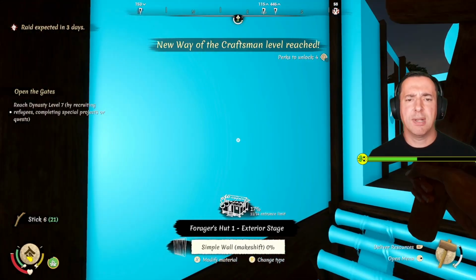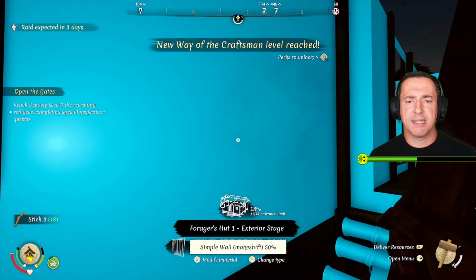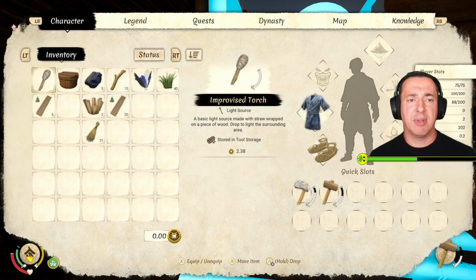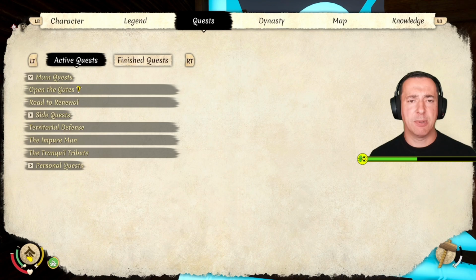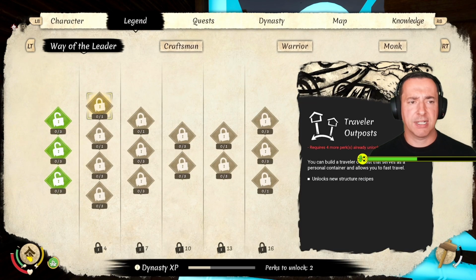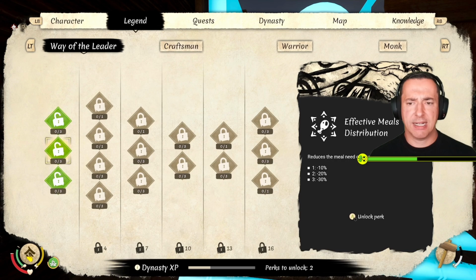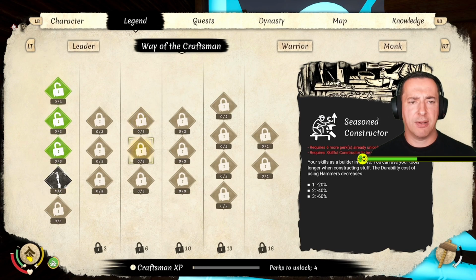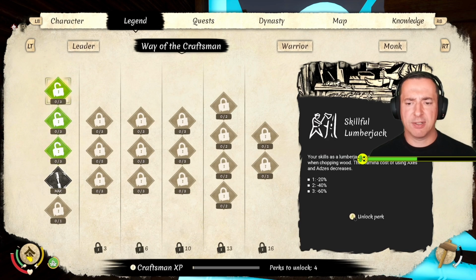You can see I've got new where the craftsman reached. I've got 4 perks I can unlock, which is going to help me with things. So if I hit the menu button here, or the screens button on the Xbox, and then have a little look at legend, these are different things I've got. So I can have 2 perks in where the leader, so I can have things with meals distribution or these. Nothing too useful there at the minute, but on the craftsman one, you can see I've got skilled lumberjack, which